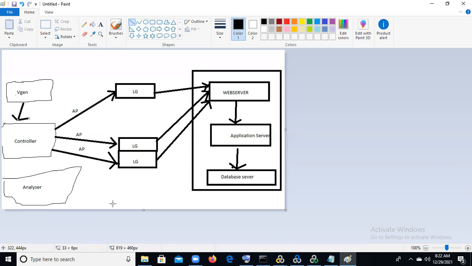Okay. So Vuser, controller, analyzer. What will happen in the controller? It will generate the connection using the agent process. It is the connection with the LG. Means see, first we just enter the username, password and click login. It will go from the controller to the LG. From that LG, it will go to the web server. It will search for the data, for example username, password, Jojo Bean. It will search in the web server and send to the application server. The application server will send to the database server. The database server is nothing but the database where Jojo Bean will be there.